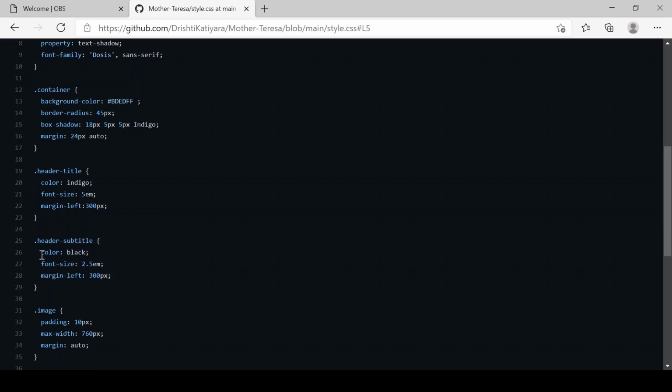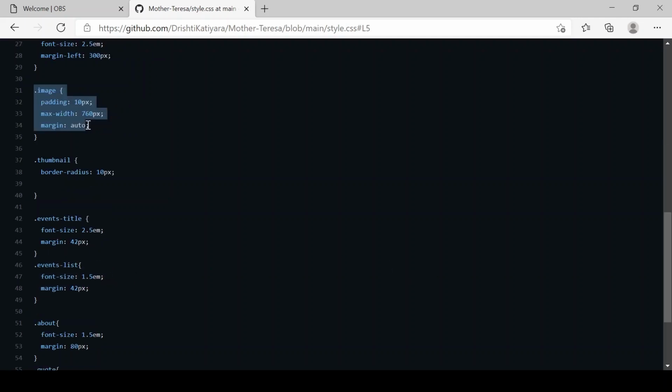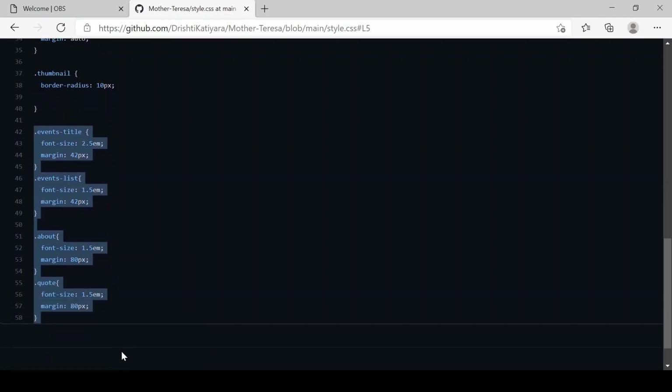The color of the text is black and the size is 2.5. To add some effects to the image, we can use the same properties. Also, we can give them a maximum width in which the image should fit. And the thumbnail we have selected can also be given some kind of effects. And similarly, we have edited the rest of the code.